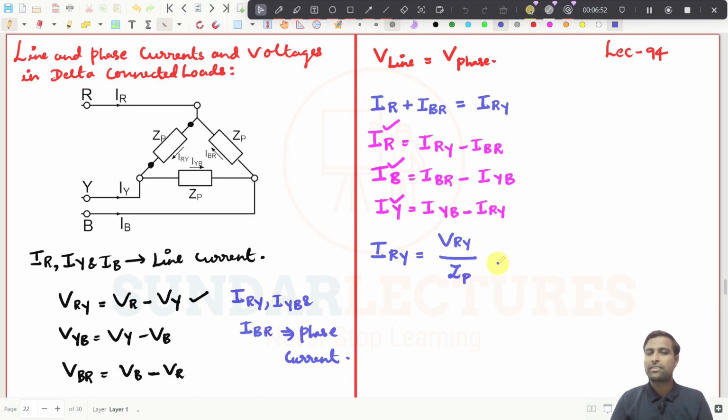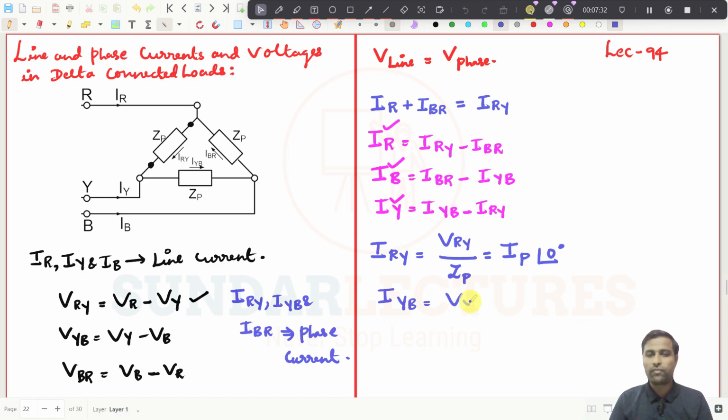Maybe you can write it like this. See, I am just making this VRY by ZP, and I am taking it to be IP, generally the phase current. This one, as I have just told you, is nothing but a phase current, right? IRY is nothing but a phase current, and its value is VRY by ZP. See, I will always take this as the reference value. If this is the reference value,